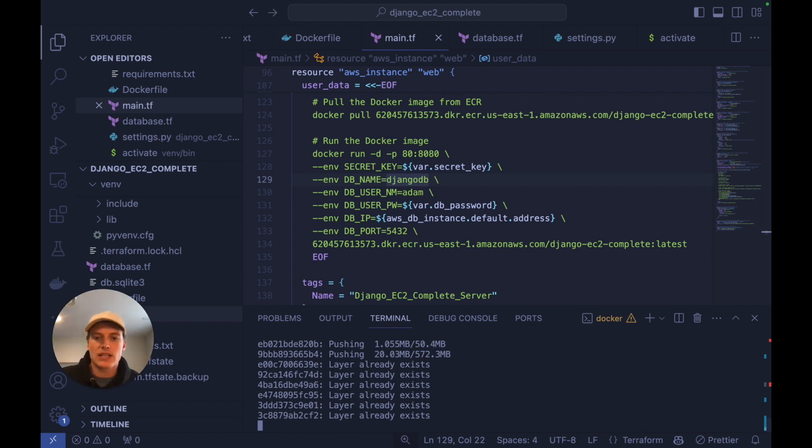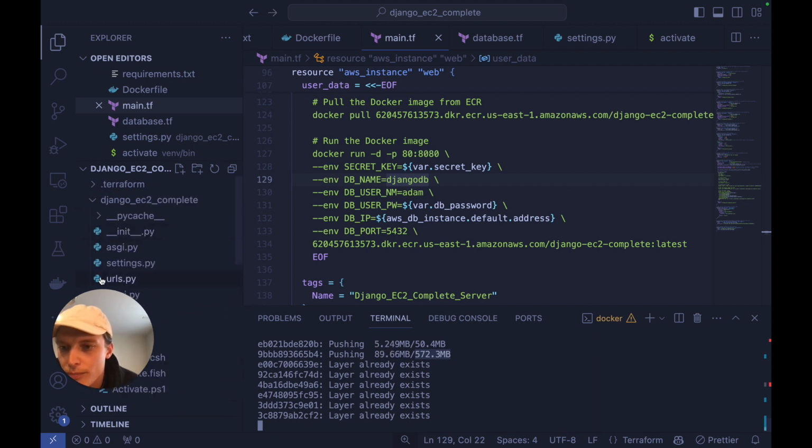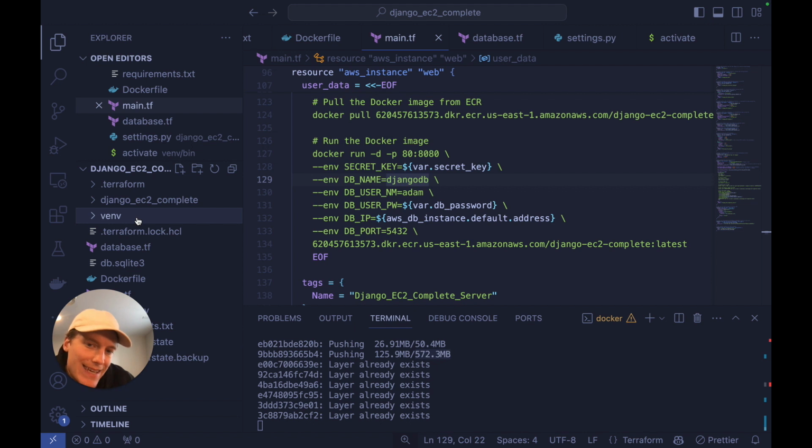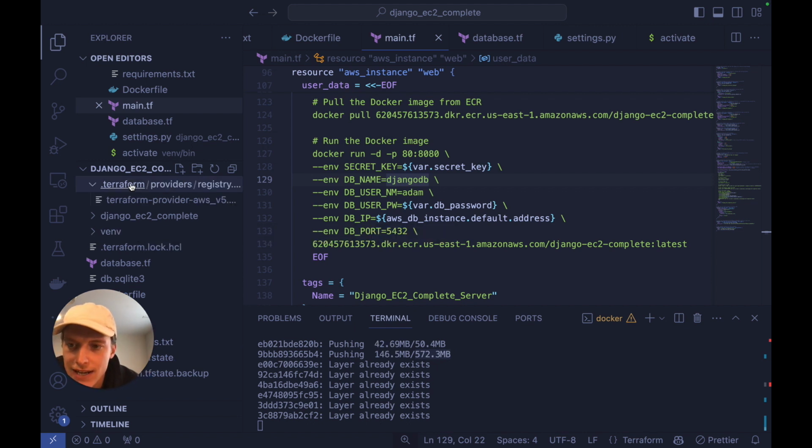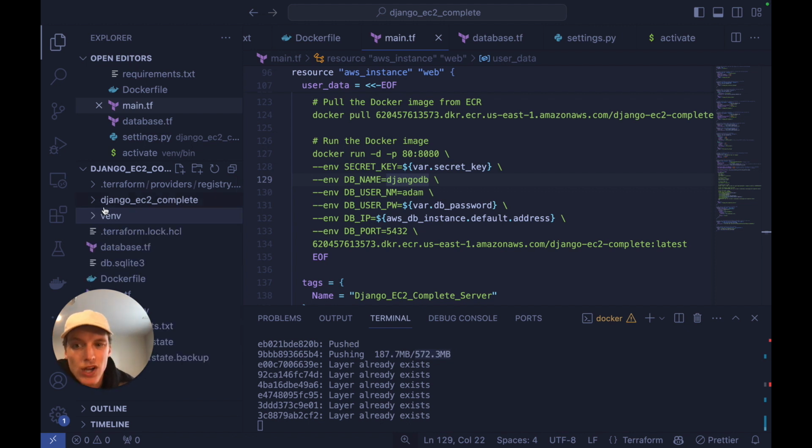Now a little interesting note is you can see that our image is now 572 megabytes. That's because we're mounting all of this code, this entire folder, into our Docker image. And now we have a ton of auto-generated Terraform code. We have a whole virtual environment. We honestly have a whole lot of stuff we don't need. So in future videos, I'll show you how to create a Docker ignore file to exclude some of these directories